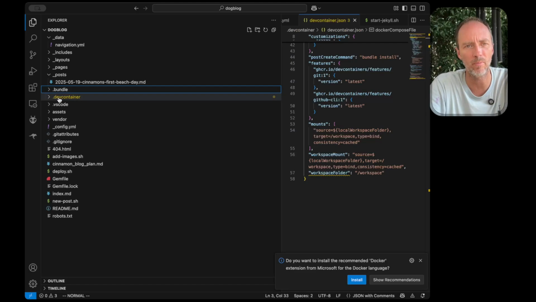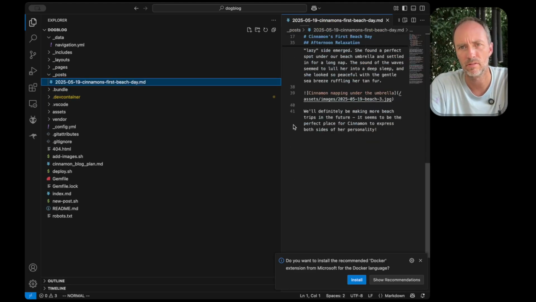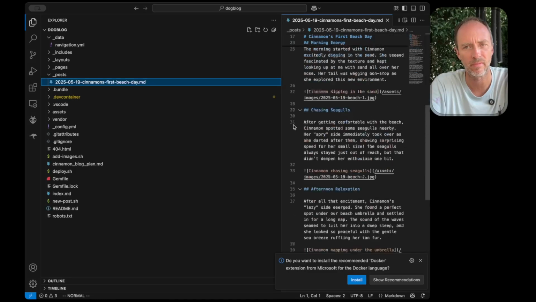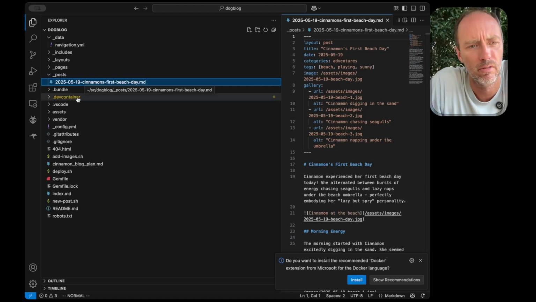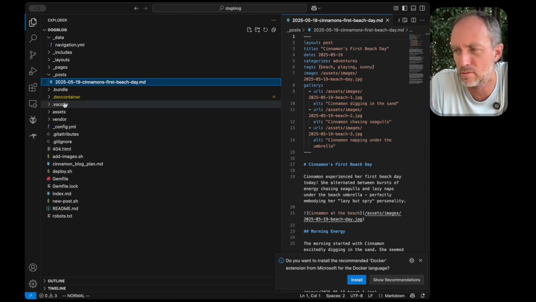It almost worked. Cinnamon's first beach day. All right, we're going to have to come back. I just gave you something simple. And maybe it does work, but it's like you tripped over your shoelaces as you tried to cross the finish line. I mean, it was close. And then I'm running OSX and it's like, oh, you can't run Ruby or something. So then I was like, okay, well, forget it. And I was like, I don't want to forget it. Figure it out. And then I was like, okay, dev container. And it's like, here's all this dev stuff. I'm like, I actually know something about dev containers and this is too much. And now I've had a negative experience and I'm writing about it